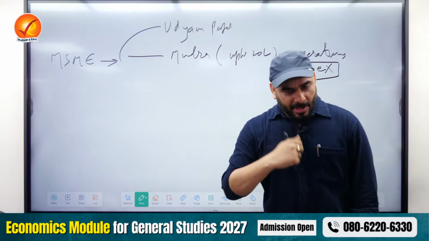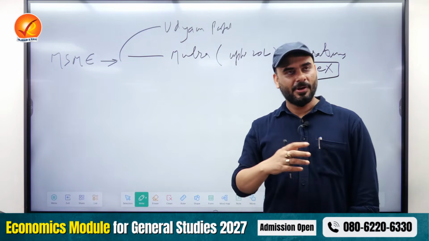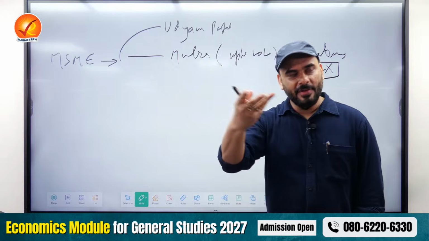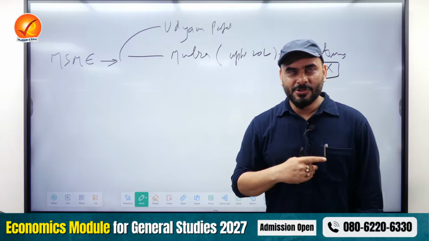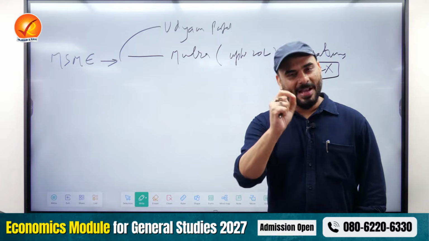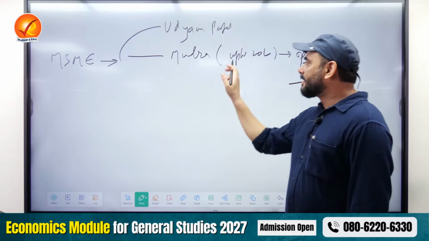Now, if Government of India gives me 10 lakhs, 20 lakh rupees for day-to-day expenditure, do I need to go to a money lender? No. Private money lender. Why will I go? The government is helping me. So which means that I can become a part of the formal financial system, which is the banking system. It's good for me. This is Mudra Yojana.